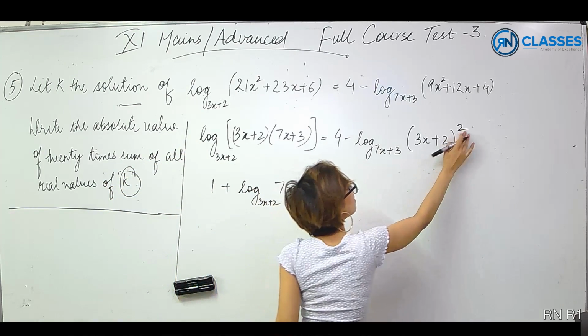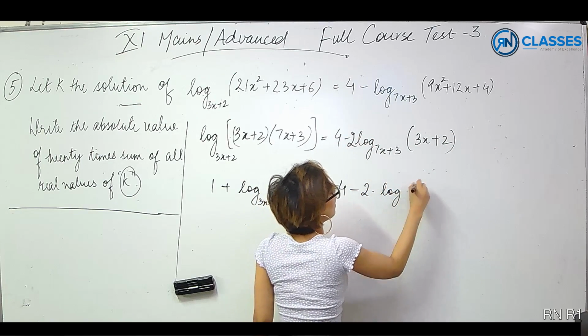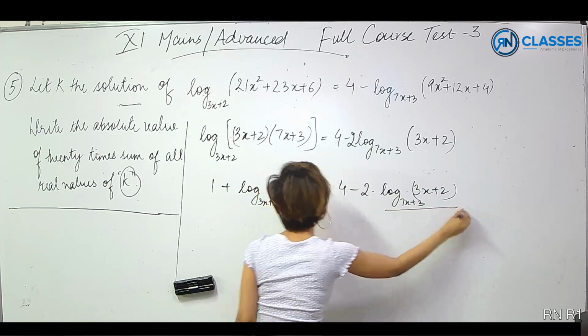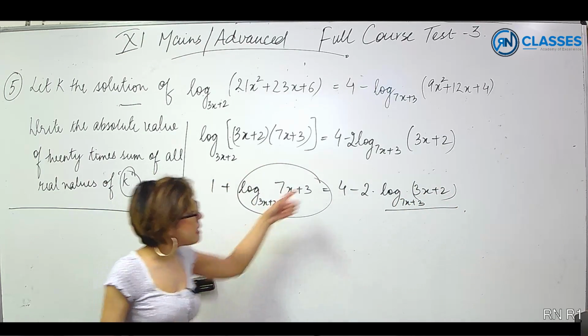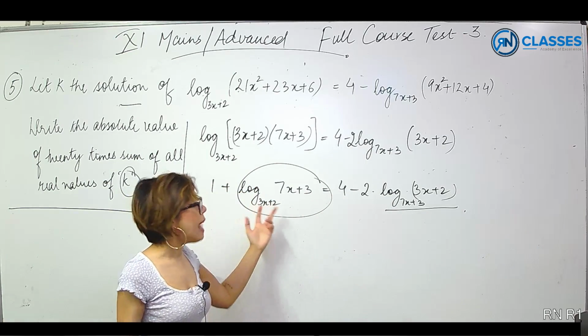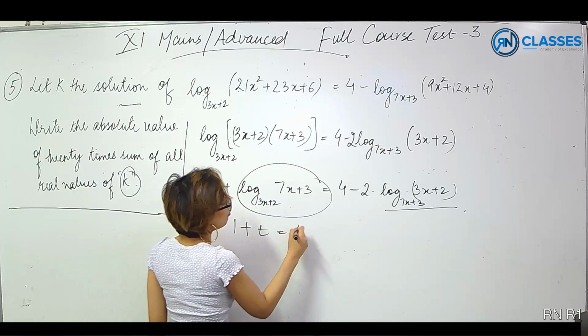First of all, this 2 is here. I will write the 2 here. So 2 into log of 3x plus 2 to the base 7x plus 3. Now look at this term and look at this term. Obviously, these two terms are related. So put this as t and that will be 1 by t. So I will get 1 plus t is equal to 4 minus 2